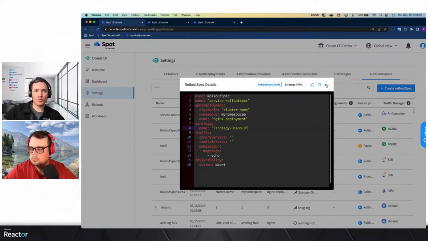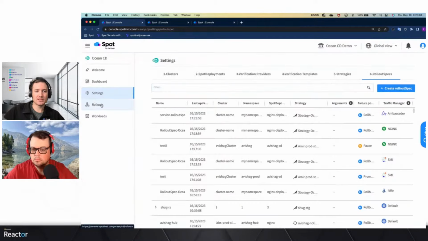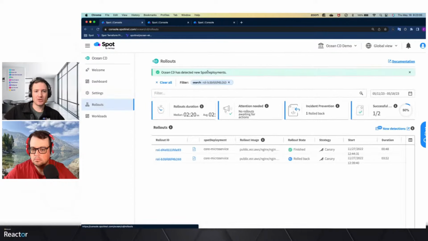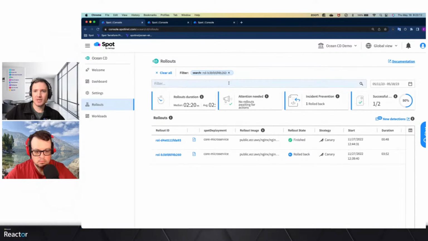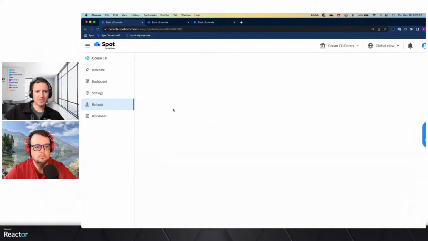So once you have your entities defined, that is when you can actually go into the rollouts themselves. What exactly triggers a rollout is what I mentioned earlier, which is anytime that we detect an ongoing change to your deployment, we will go back to our SaaS layer, detect the change, and figure out what to do with it. So let's take this first example here.